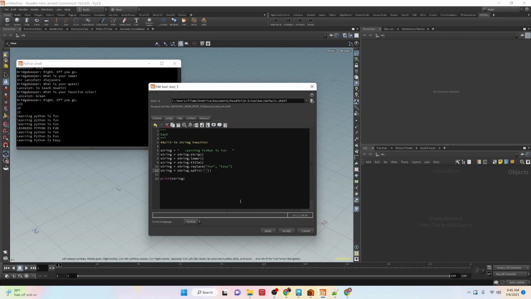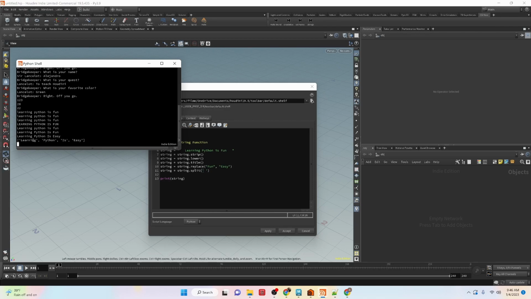And if I do this and run it, you'll see, oops, I got a syntax error. I have an extra parentheses for some reason. Let's try doing that again. There we go. We're getting a list, and each one of these items is split into each